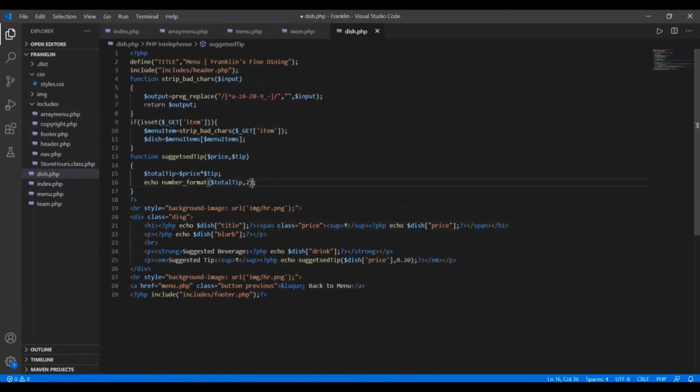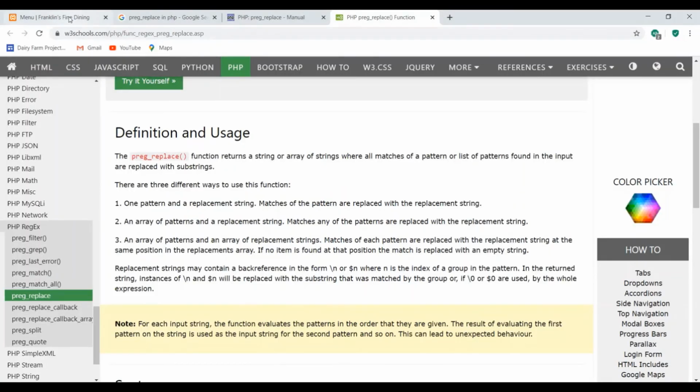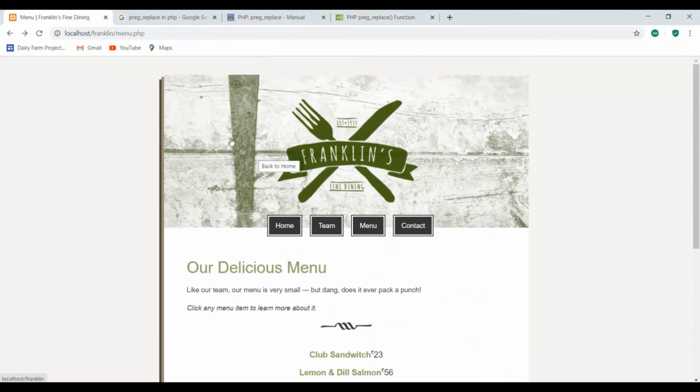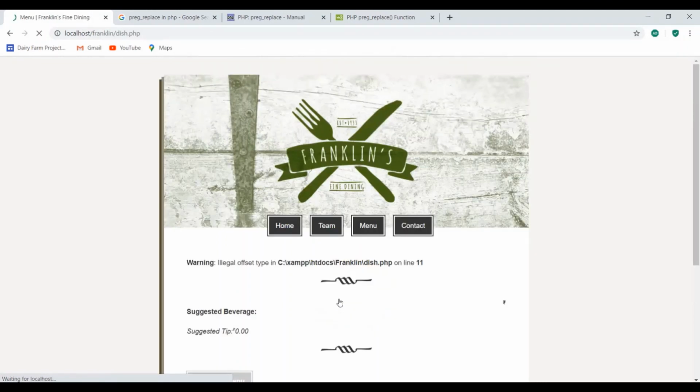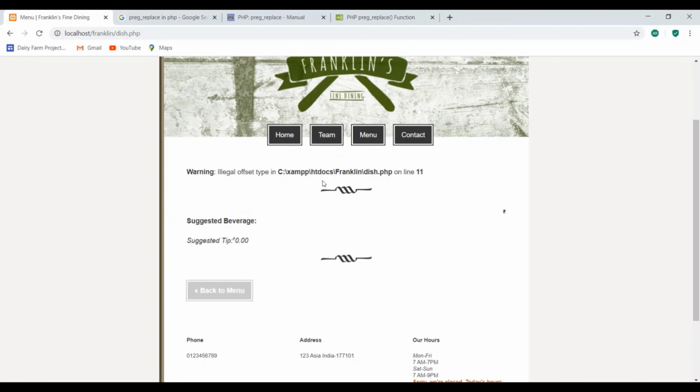So here we go, save the changes and move back to our browser, and in the browser just refresh the menu, and if we click any of the dishes here, say I click on the super salad, here is the information that we get about the super salad. Here it is showing us an error, that is illegal offset type.